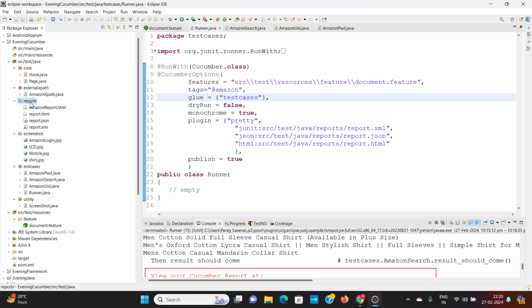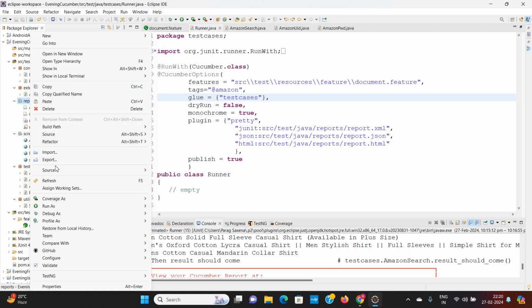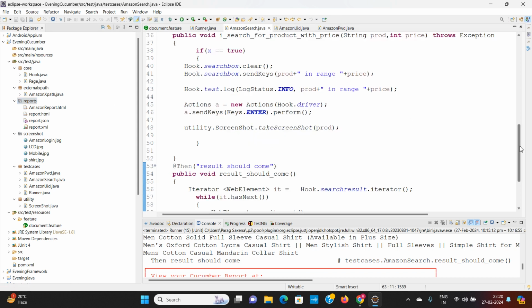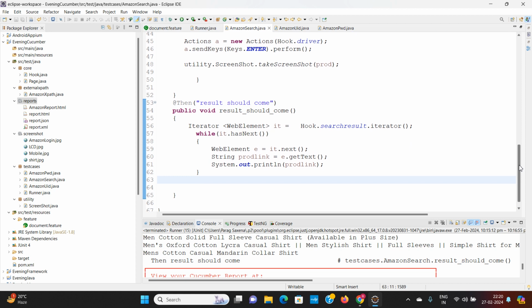Reports are also generated, but this report will have some error, and it will not be generated because we are not ending the report. So let us find the solution, then the result should come, and after that in the while loop it will be executing and it will close the browser.